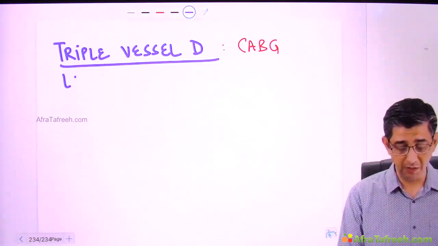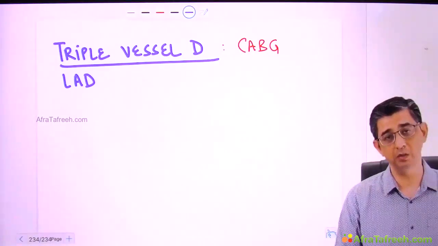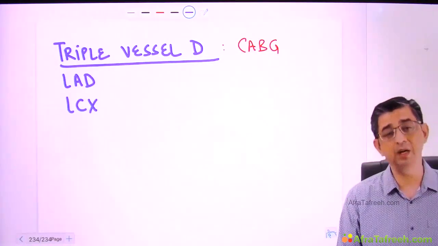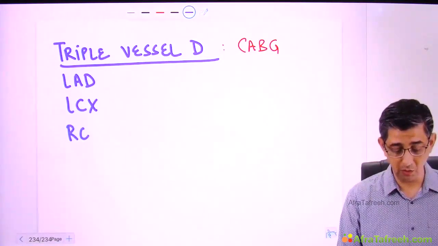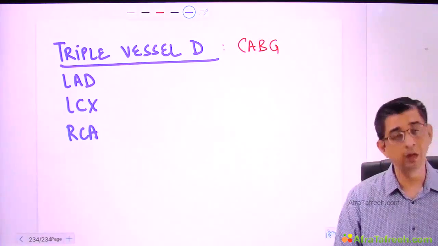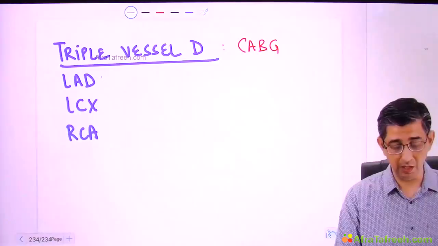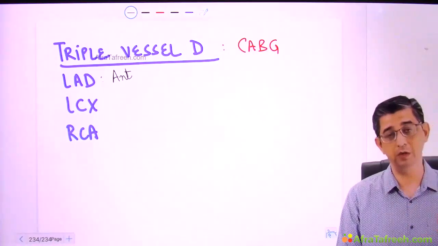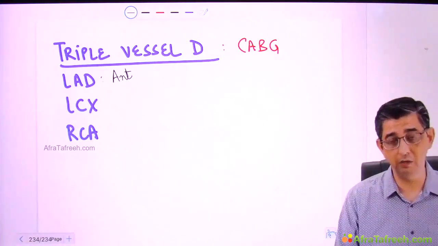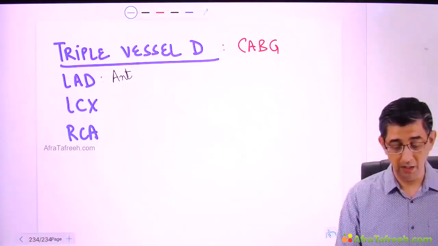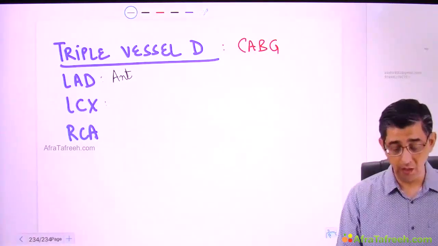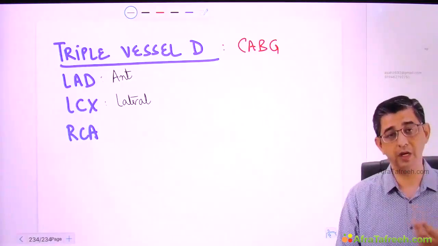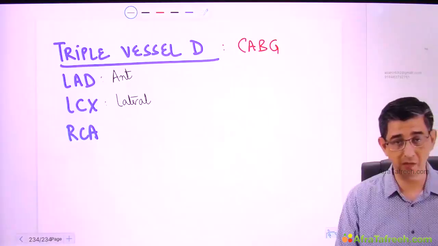First, in triple vessel disease, even your patient will ask you, sir, what do you mean by the word triple vessel disease? So he will not obviously understand the anatomical terminologies, but this is how I will try to explain to the person. I will explain to this chap that the anterior part of your heart, that is facing the sternum, is suffering from ischemia because one of the main blood vessels of the anterior wall of the heart would be left anterior descending artery. Left circumflex artery, well, it will be supplying not only the lateral surface, but it will also go posteriorly and would be supplying some part of the posterior part of the heart as well.